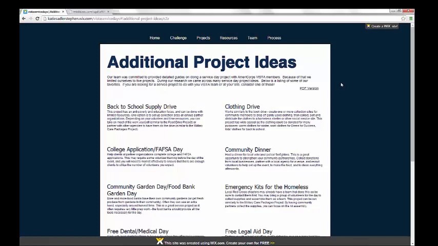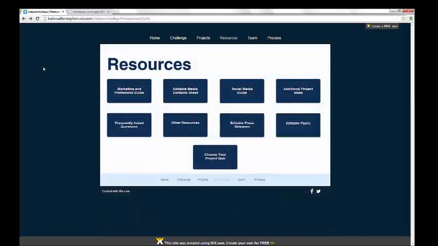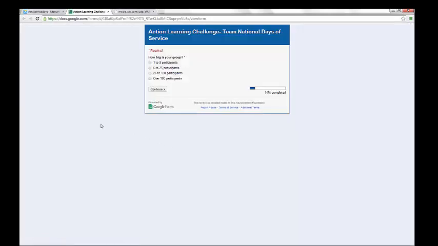So the next resource that I'm going to talk to you all about is the Choose Your Project quiz. And this quiz limits your options to the 5 detailed project guides, but it really gives VISTA members a good idea of the resources they have available for planning a service day. So with 6 questions ranging from how many volunteers do you have to what is your budget and even how long do you have to plan your service day. After completing the quiz, members will know exactly what they have to work with and will be given a suggested service day to plan.